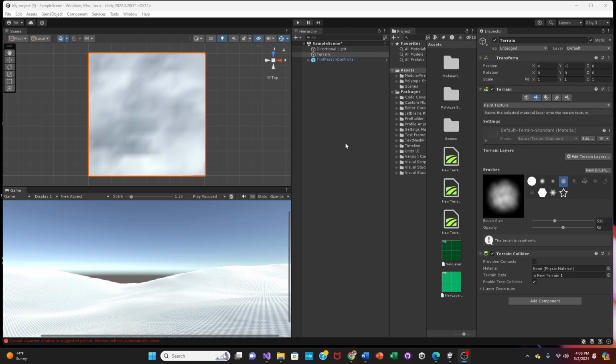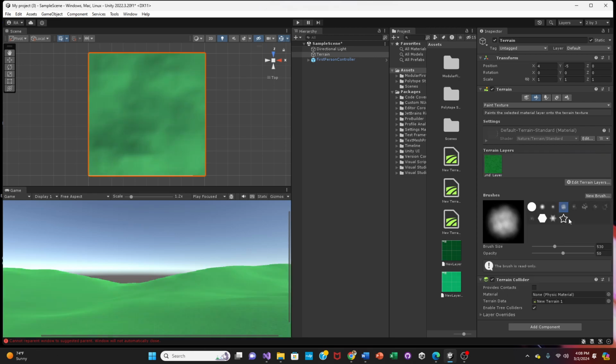Okay, now that we have added our terrain layer and we are going to turn it green like grass, I'm going to click Add Layer and then I'm going to click Ground. So here's my nice green landscape that our kids are going to be playing on. So when I press play